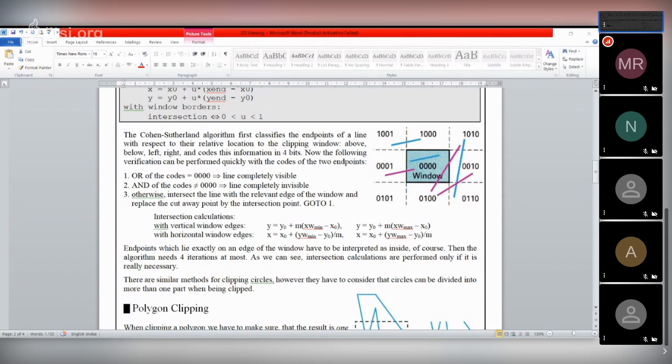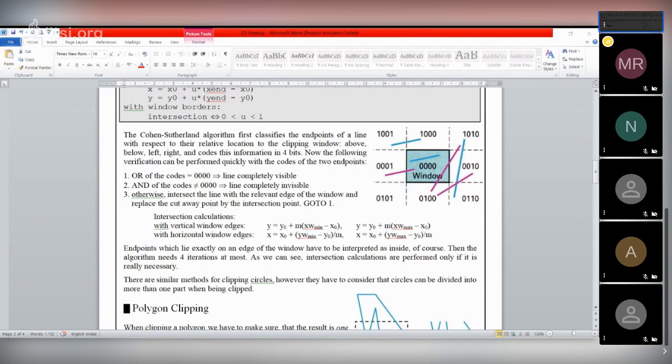Now apply an OR operation between the corresponding codes of the two endpoints. What will the result be after applying the OR operation? The result is 1001.